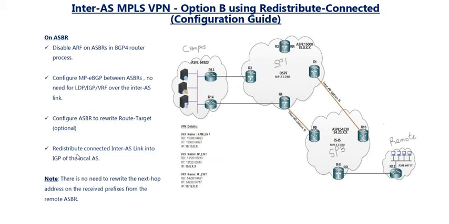Then we need to redistribute the connected inter-AS link into the local IGP on the local AS. In other words, this means on R1 we have to redistribute this inter-AS link into OSPF. Similar action needs to be taken on R4, and we have to do the same on R9, which in this case we have to redistribute this inter-AS link into ISIS, and replicate the same on R10. After this has been done,